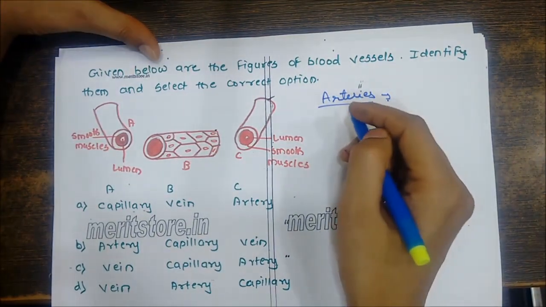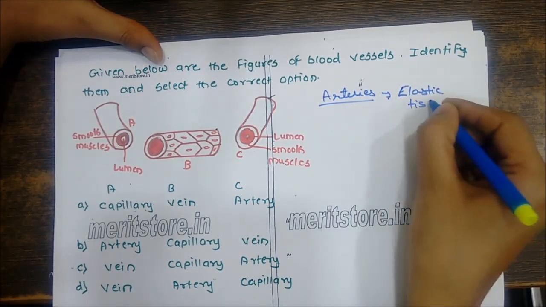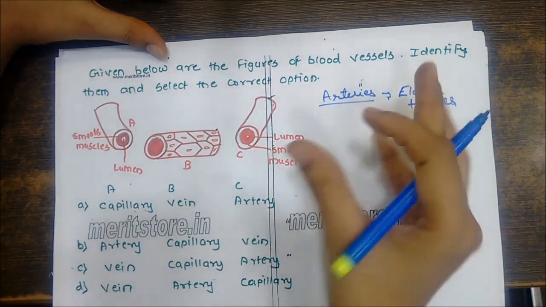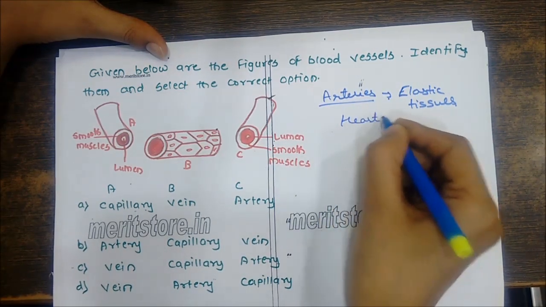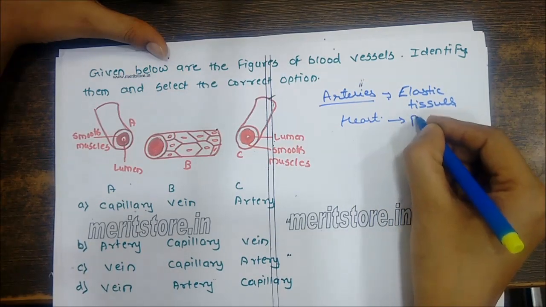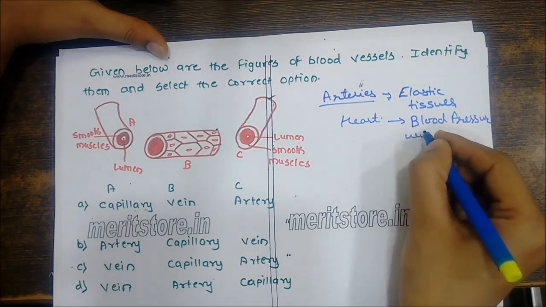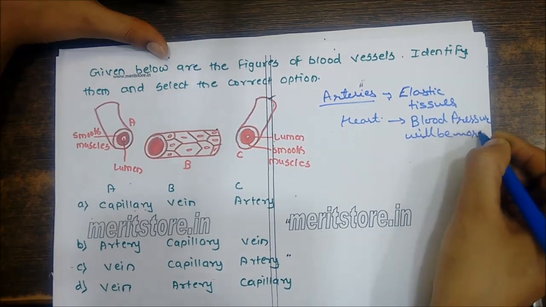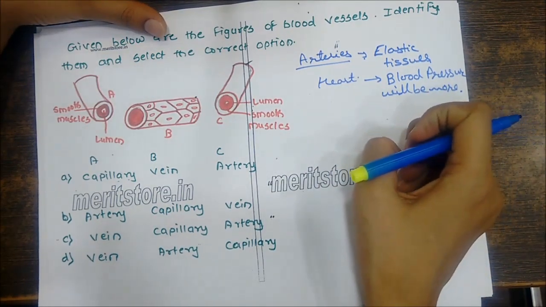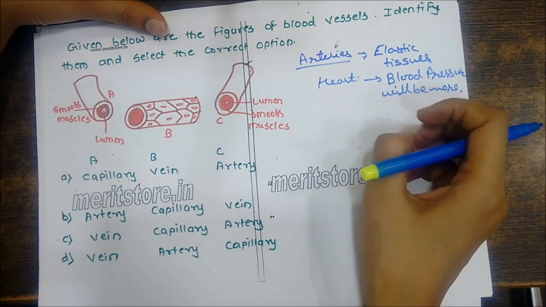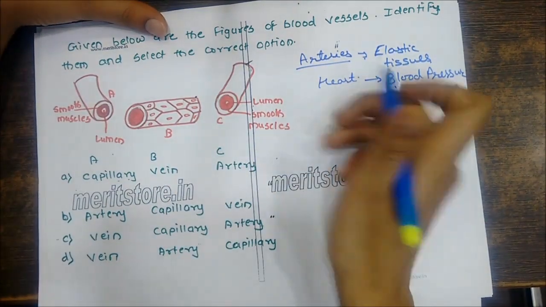Arteries have elastic tissues because they have to pump the blood through the organs, and there is a lot of blood in arteries because it comes directly from the heart. So the force will be more, blood pressure will be more in arteries. And so it will have plenty of elastic tissues and plenty of smooth muscle, so it can contract with the pressure of blood, and it has a thin lumen